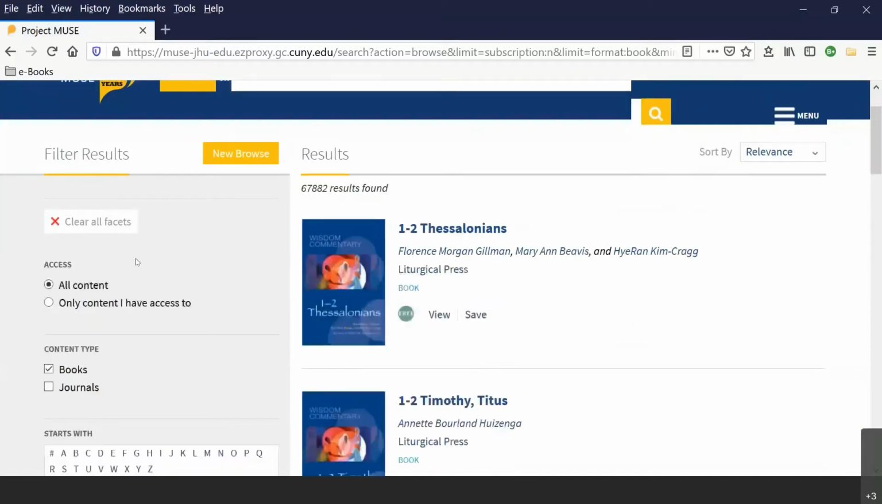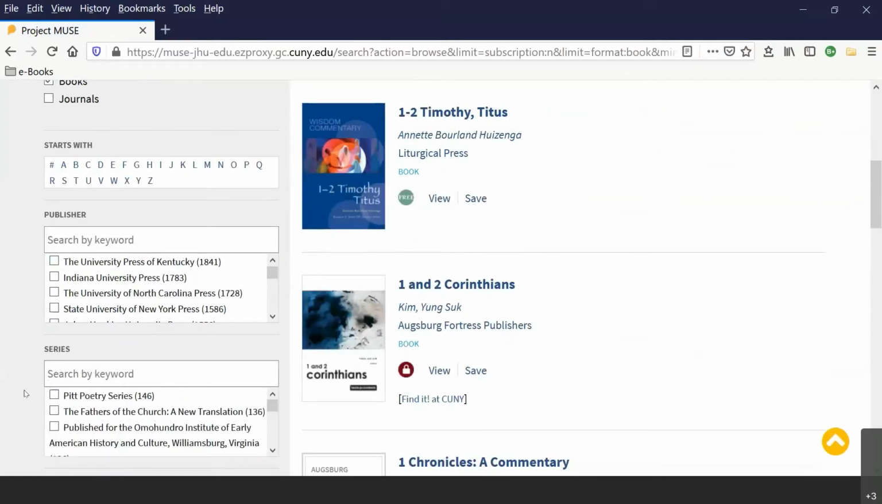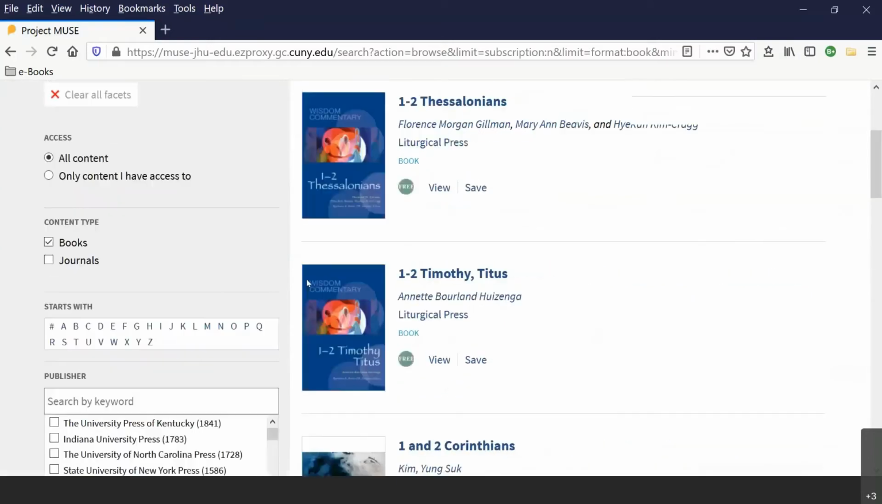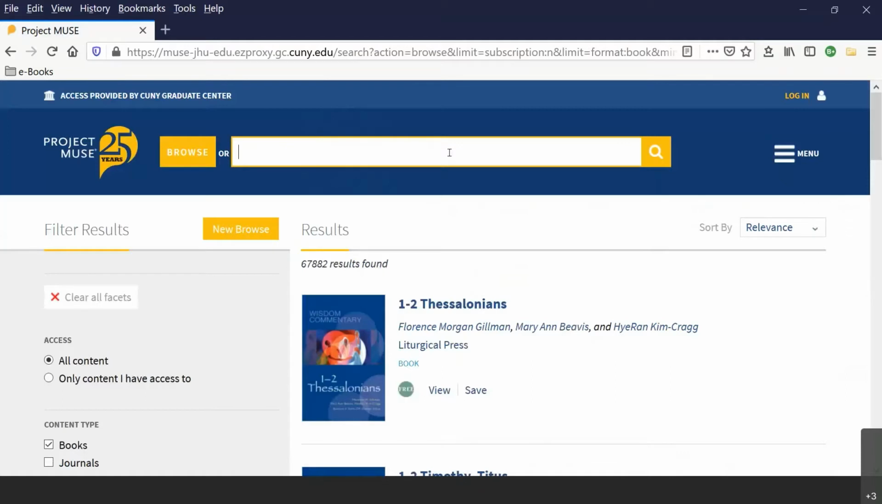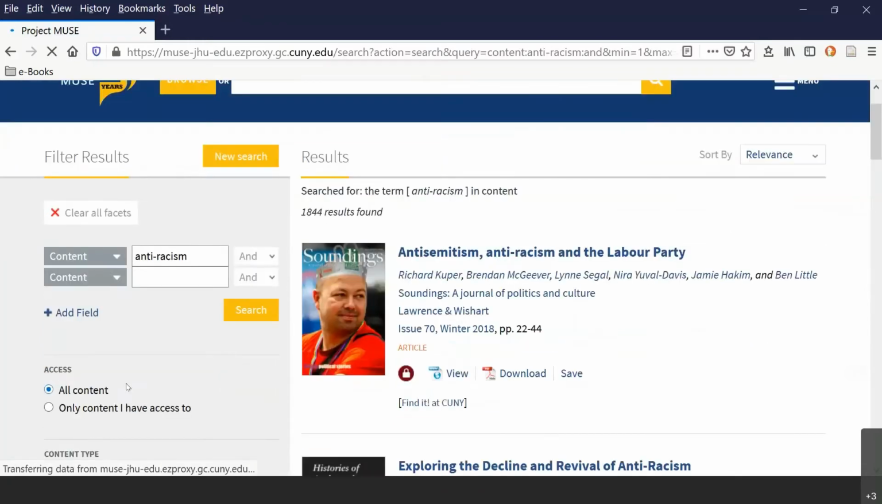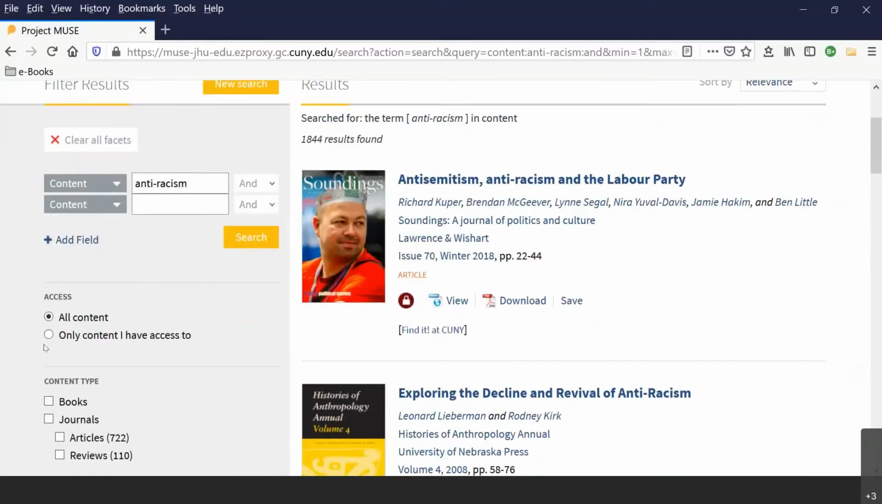And you can also browse, you can limit to books, you can browse by publisher, you can browse by series, you can browse by research area, and you can also search. They also have over here an advanced search option. But if you just want to search by keyword, I'm going to do a quick search on the keyword anti-racism. And it jumped, the default went back to all content. So I'm going to select